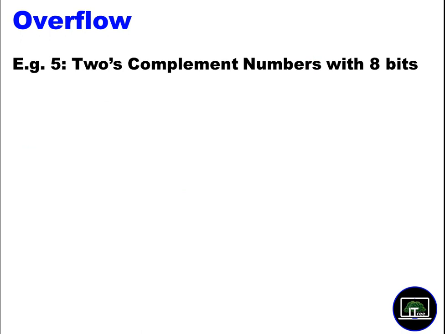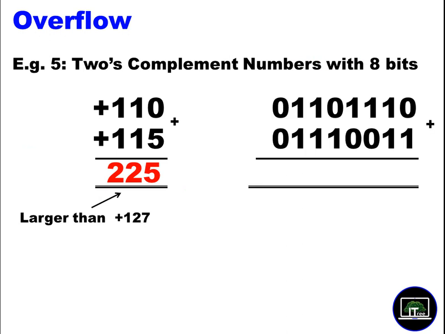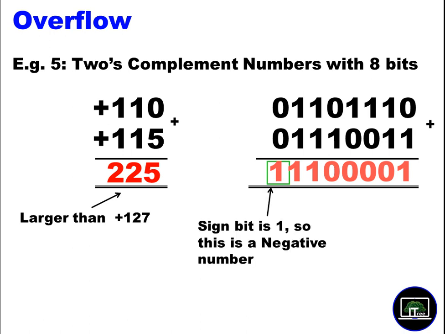Okay, we do calculation with the 2's complement now. Look at these two numbers. We are adding this one in binary format. Both are positive. Conversion is not required. We get this answer. The first bit is the sign bit. This is a negative number. We have to convert it. You know how to convert it. Once you convert, you get this answer. The answer is wrong.